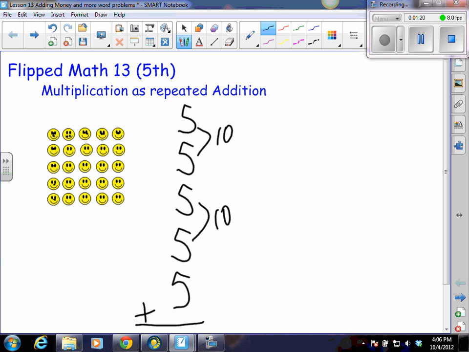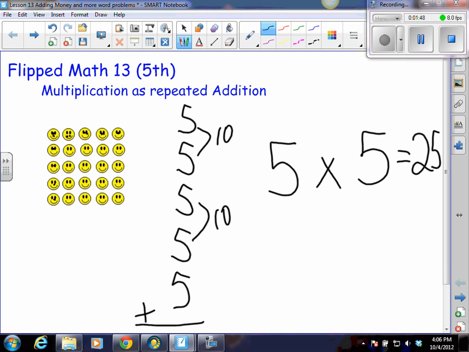But as we see, since we have 5 groups of 5, we can make this even simpler by using multiplication, because 5 plus 5 plus 5 plus 5 plus 5, in other words 5 5s, is the same as 5 times 5, which we figure to be